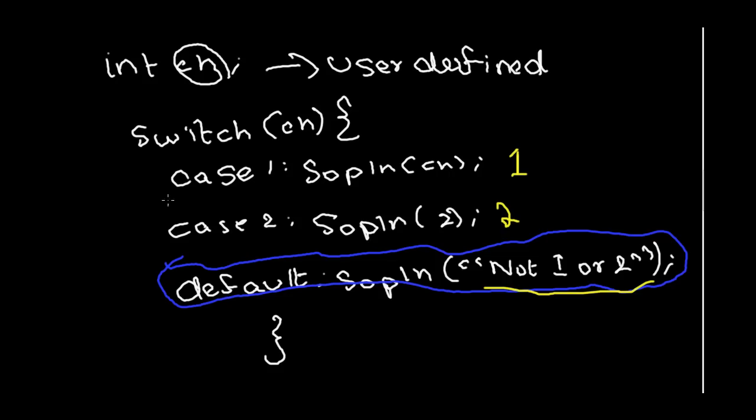There is no barrier, it'll just keep going, falling through, falling through, falling through, and this falling through is called the fall through property of a switch statement. It's the property by which the switch statement keeps executing every next case.